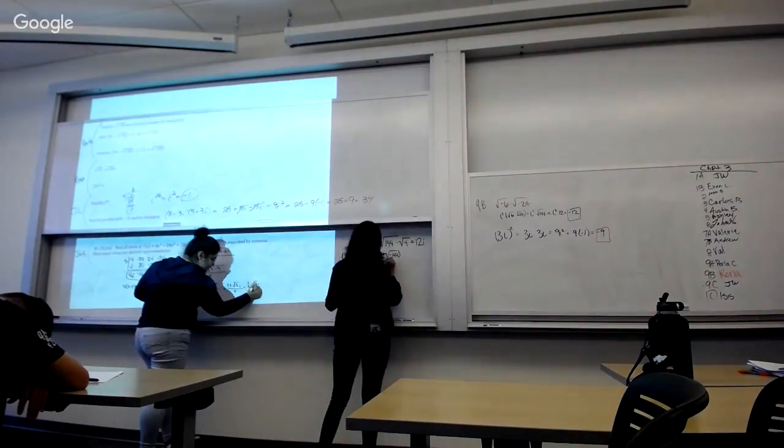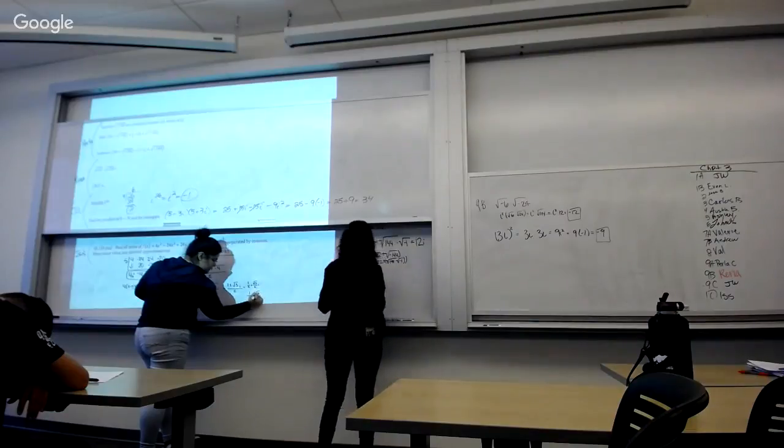Now I can FOIL this, and I can distribute this. And that's going to give me a whole bunch of terms that I need to move all to the left. So I'm going to get a quadratic, which is